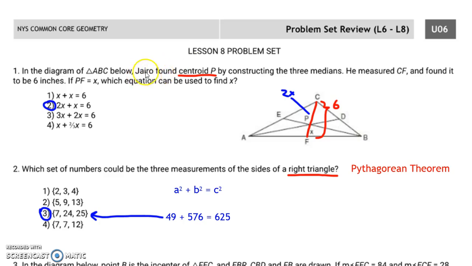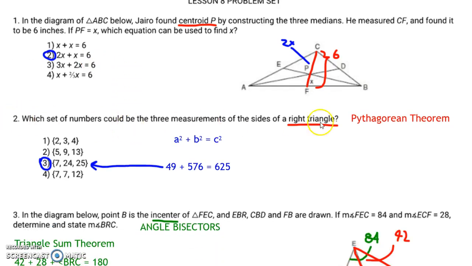All right, here it says that Hiro found centroid P by constructing the three medians. We know that a centroid separates each median into a 2-to-1 ratio. This one is 2x and this one is x. If the whole median is equal to 6, that means that 2x plus x is equal to 6. That's choice 2. For question number 2, it asks for the sides of a right triangle, which you should use